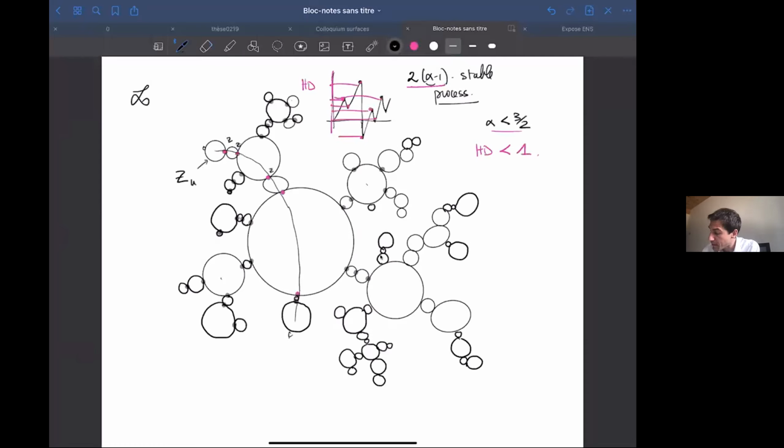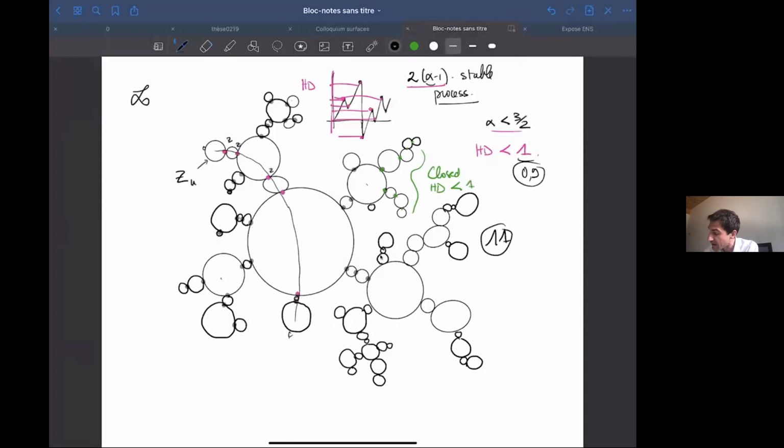Why is that important? Because if you take another branch and you look at the values you see on this other branch, you will also have a closed subset of Hausdorff dimension, the same, strictly less than 1. Generically, say this one is 0.9.